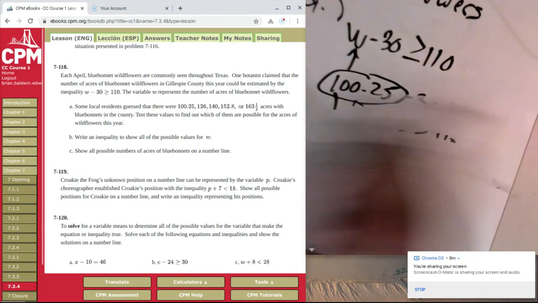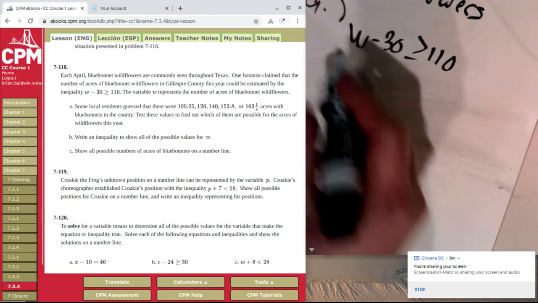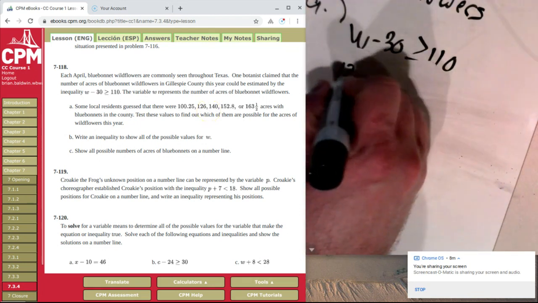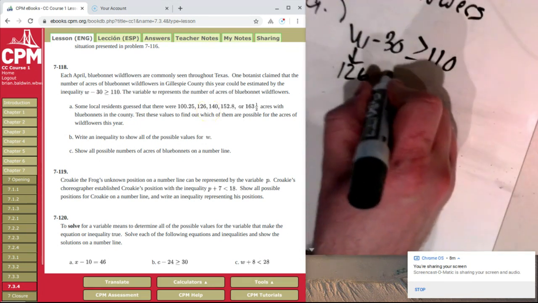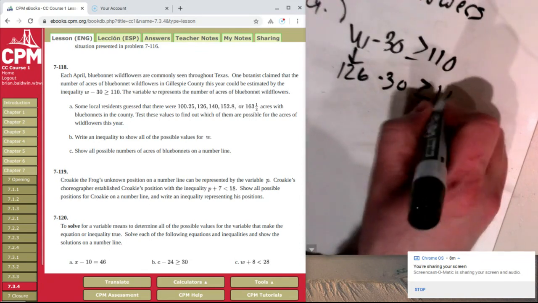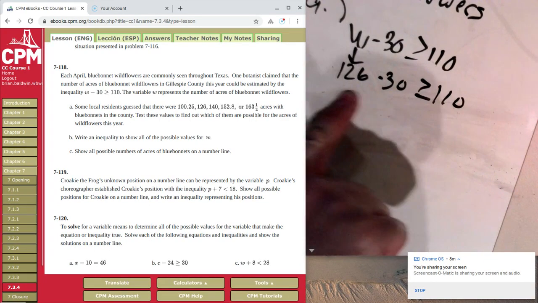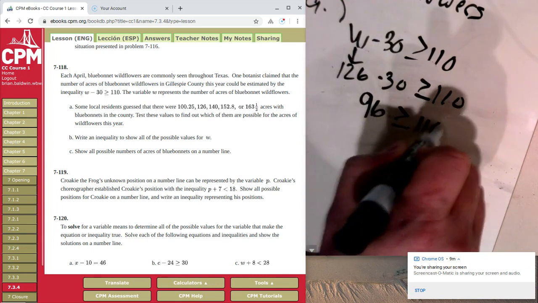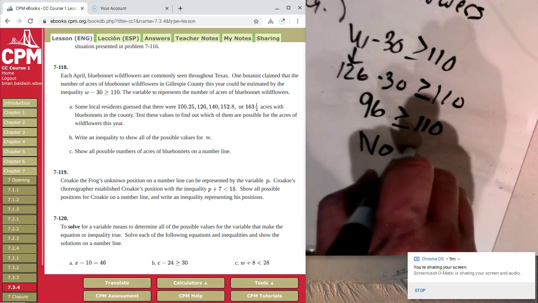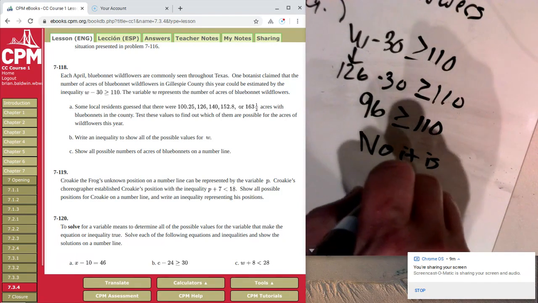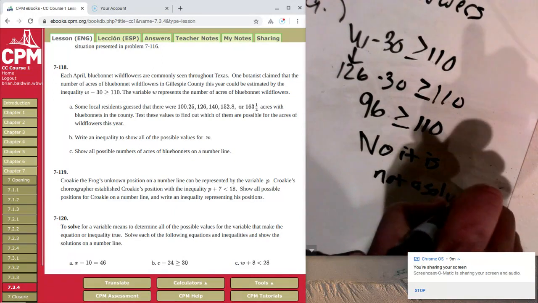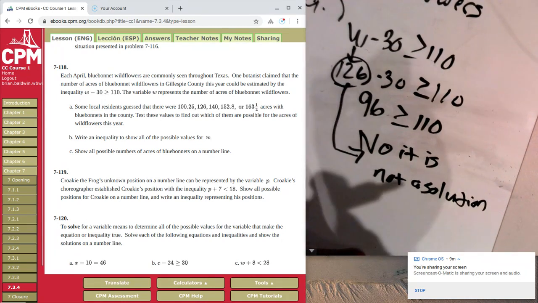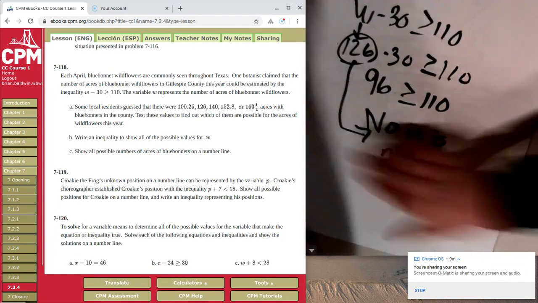If we use the same inequality here, now plug in our next value, 126, for our variable, is 126 minus 30 greater than or equal to 110? So again, if we subtract 30 from that, we get 96 as our answer. And is that greater than or equal to 110? Again, no, it is not a solution. Meaning the number that we plugged in for our variable, 126, is not a solution. If we keep going,